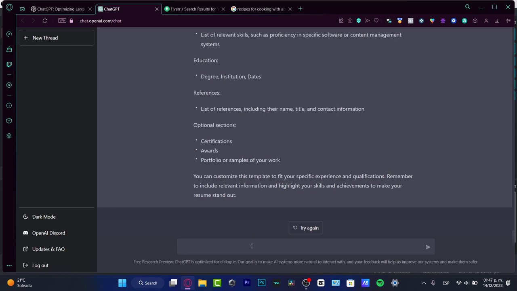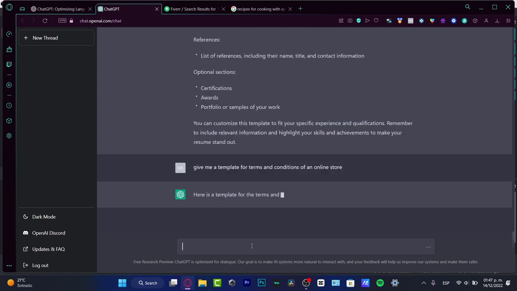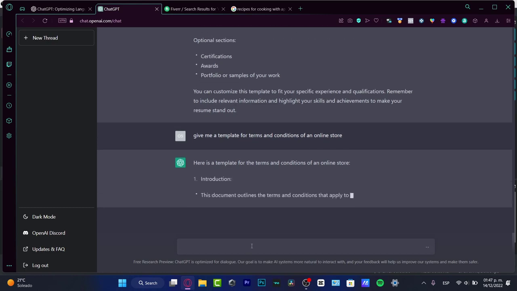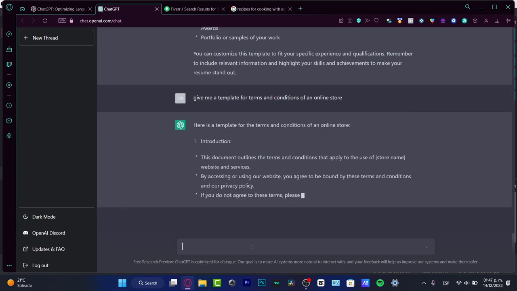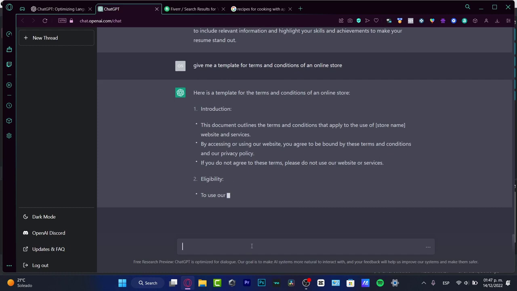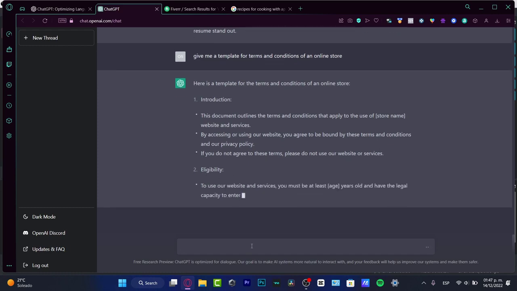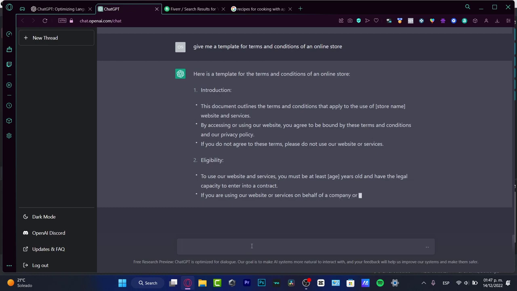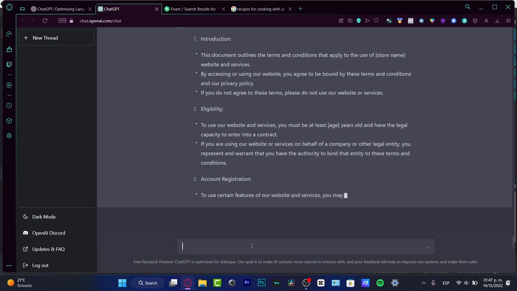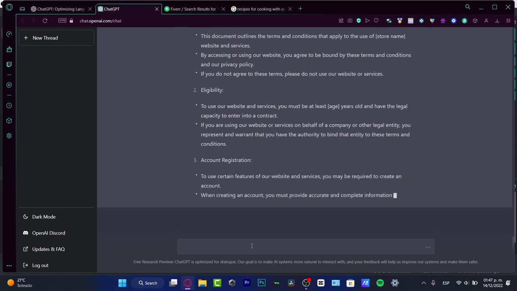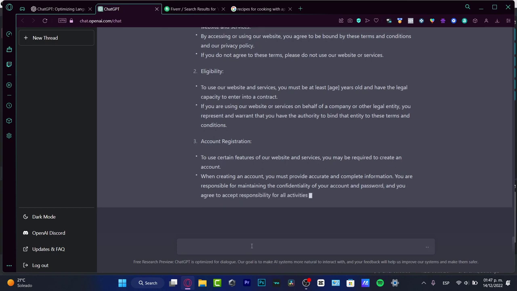If I need a template for the terms and conditions of an online store, okay, here's a template for the terms and conditions for an online store. The introduction: this document outlines the terms and conditions that apply to the use of the store name, website, and services. By accessing or using this, you agree to be bound by the terms and conditions. I can just copy and paste these terms and conditions and input my own personal information about my online store. So that's how we can be creative here with ChatGPT, and offer that service on Fiverr